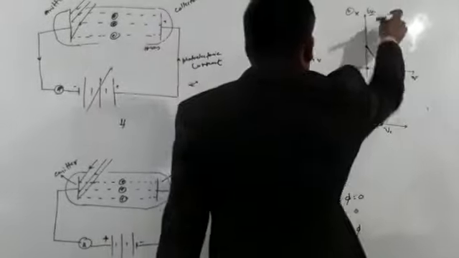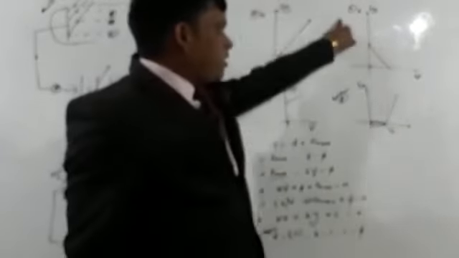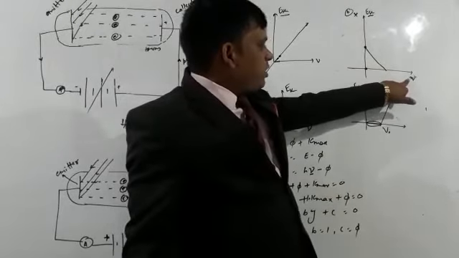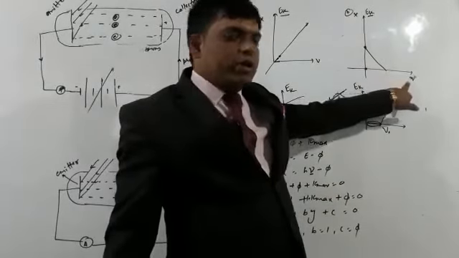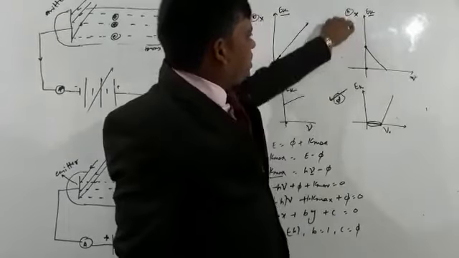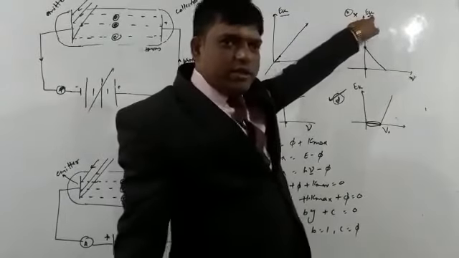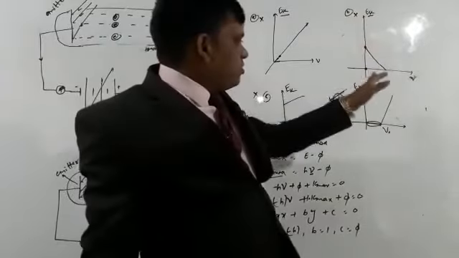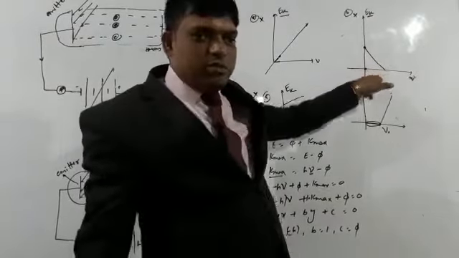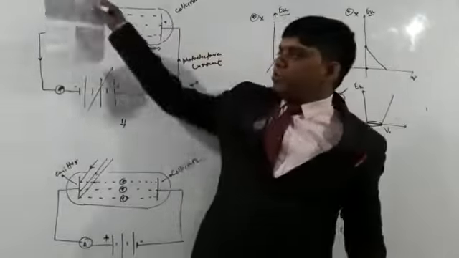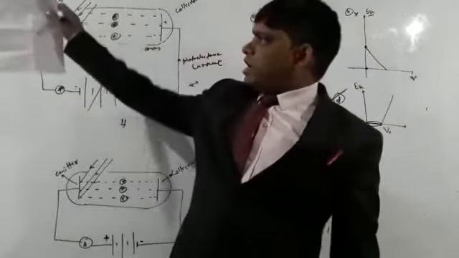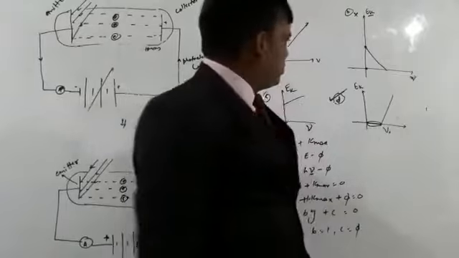Now we check option number B. In this option again we can see that even when the frequency of the radiation falling on the emitter is 0, there is still some value of the maximum kinetic energy. But it is not possible because at 0 frequency of the radiation falling on the emitter, no electron can eject out from the emitter. So this is also wrong.